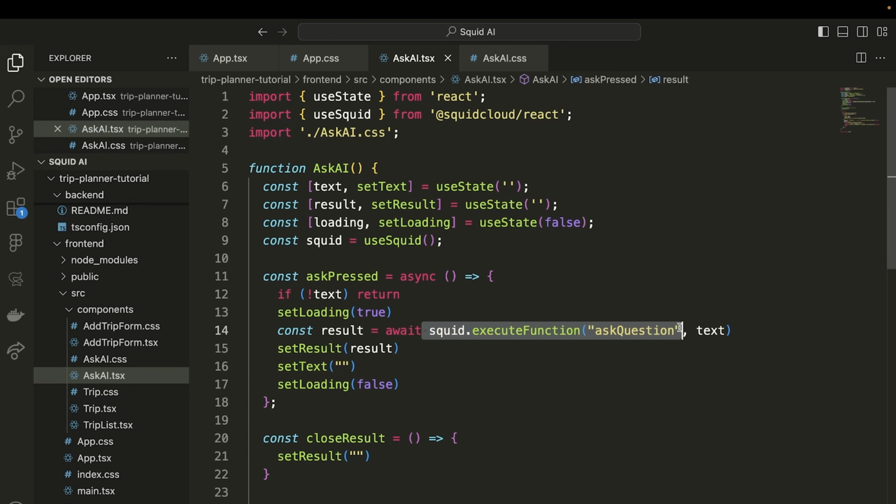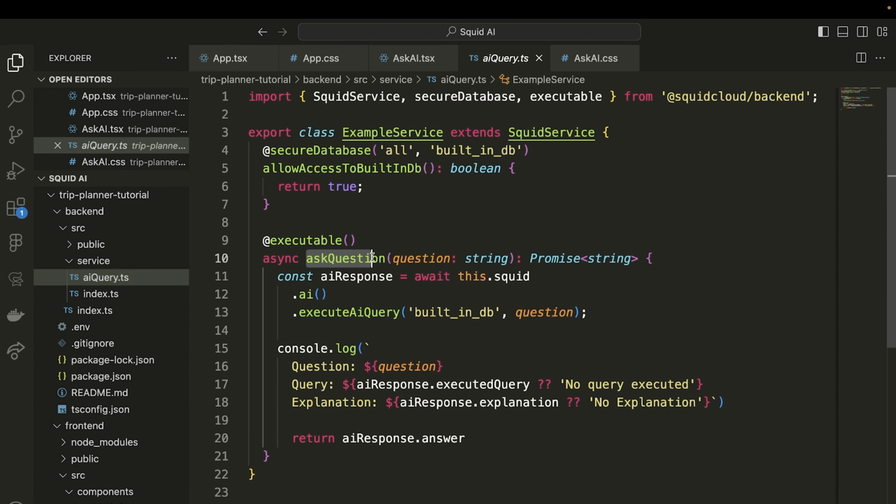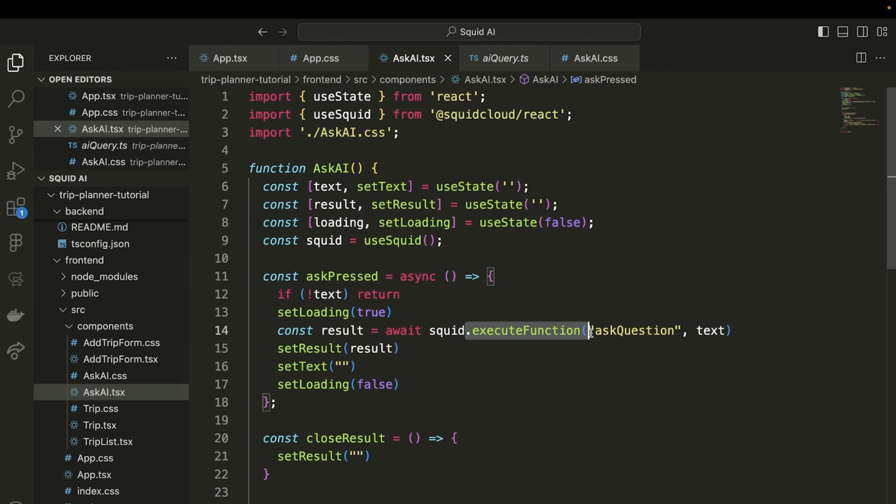Now we could put this in a promise as well or use .then.catch, but this is totally fine. This will take a second. We're going to wait for that function to execute. And again, if we go to the backend, you can see that we called it ask question. Because we marked it executable, we're able to actually execute the function like this, right? Using that, it's going to go grab that query for us using our database and then give us that response